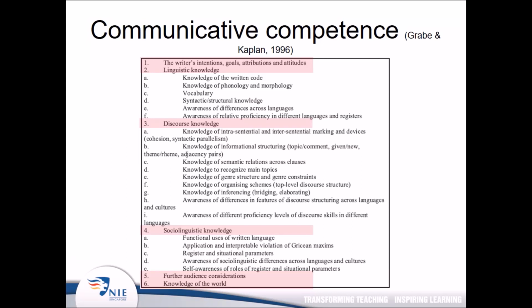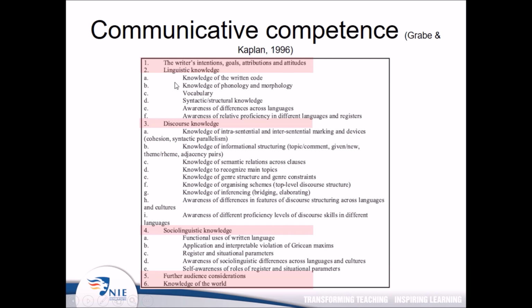And last but not least is the communicative competence model by Grabe and Kaplan. Of course, like I said before, this is not originally produced by these guys. Originally, it comes from Canale and Swain, which was a development of Hymes's model and other scholars, and it was a response to Chomsky's competence and performance model. Anyway, if you look at this structure, you see the very famous structure of communicative competence underlying this framework